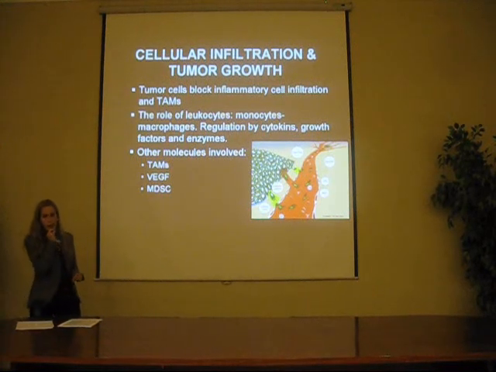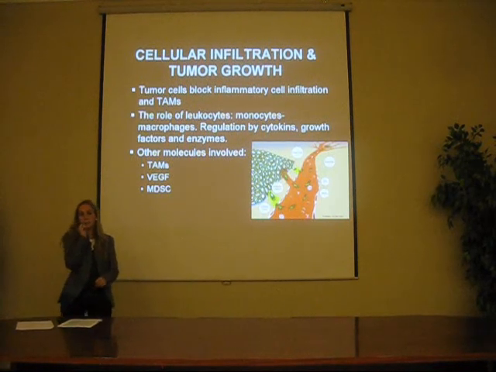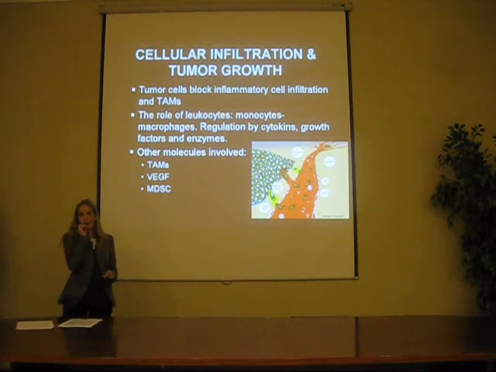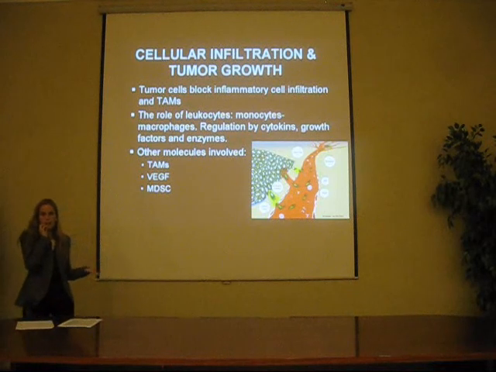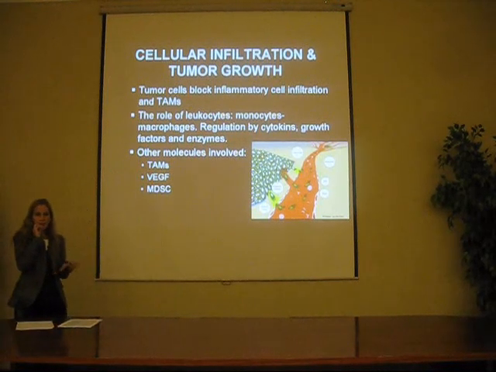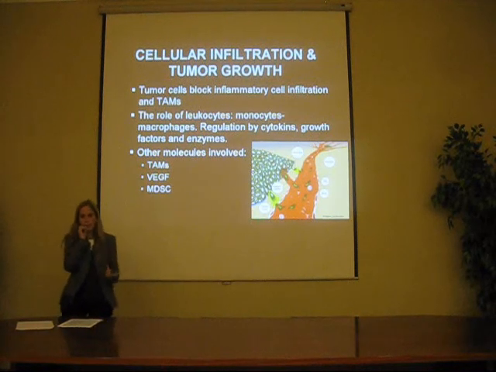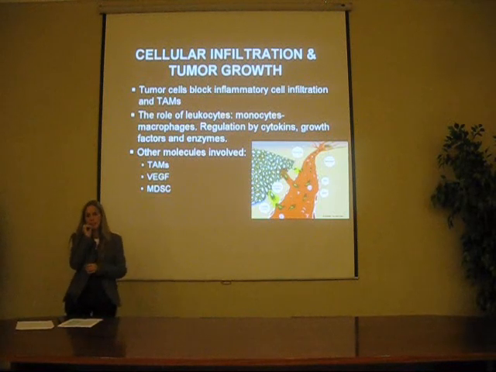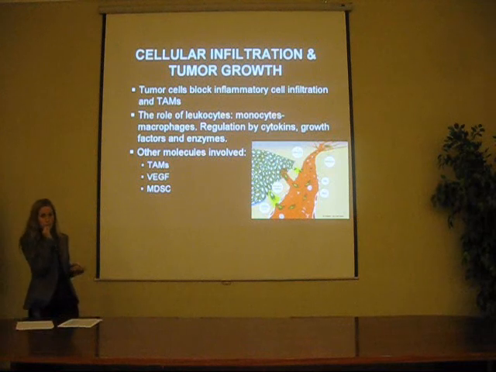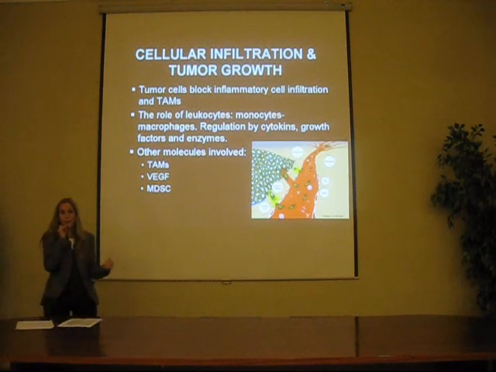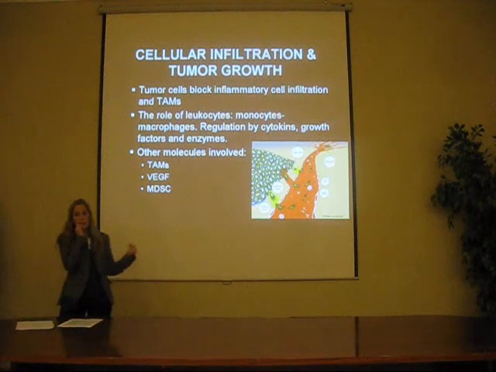To conclude, I have to say that recently it has been reported that administration of sunitinib, a receptor tyrosine kinase inhibitor, resulted in a significant decrease in MDSCs in patients with metastatic renal cell carcinoma. These observations suggest that the regulation of infiltrating myeloid cells has the potential to control the growth of primary tumors and metastases.